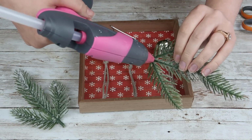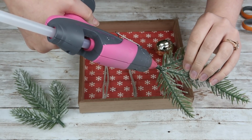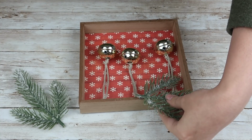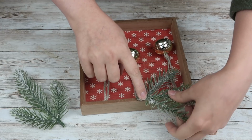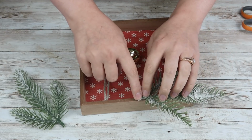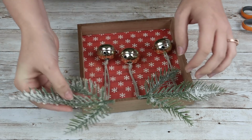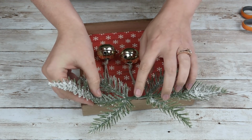And then I'll take my 2 identical longer bells, and I'm going to hot glue them on either side of the middle bell. Now I'm going to take some pieces of a Christmas pick that I got, I believe, again from Hobby Lobby. That's typically where I get my Christmas picks. That and Walmart in their 98-cent bins. You can find some really good stuff there. So I just took a couple pieces and I'm just going to hot glue them to the top of my